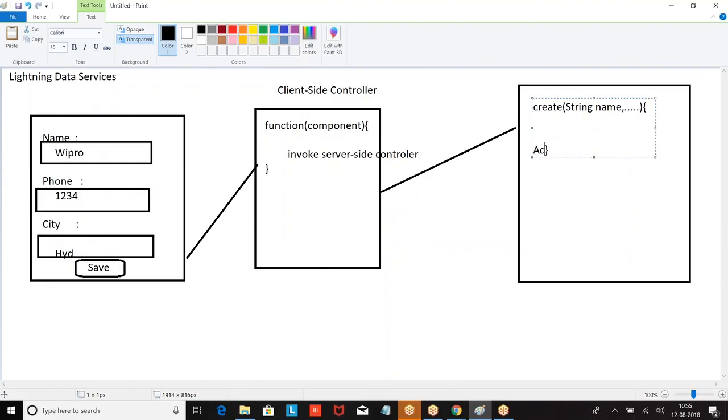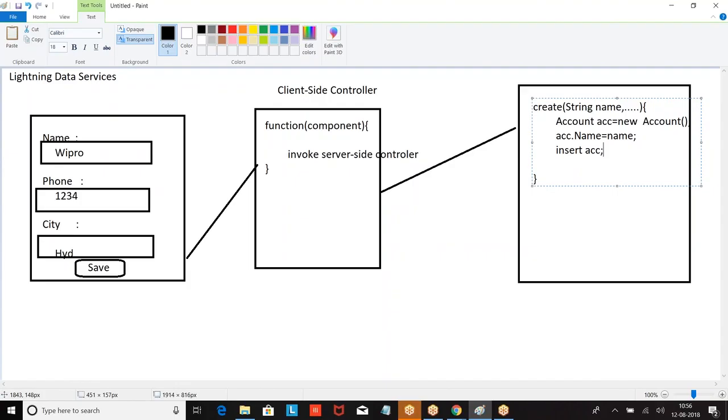So if you want to make any DML operation on the data, where are you performing? On the server side controller. Am I right or wrong? If I want to create a record, insert a record, update a record, delete a record, from the component we go to the client side controller.